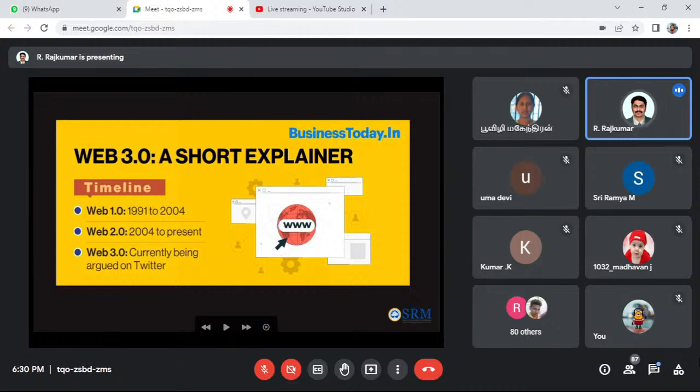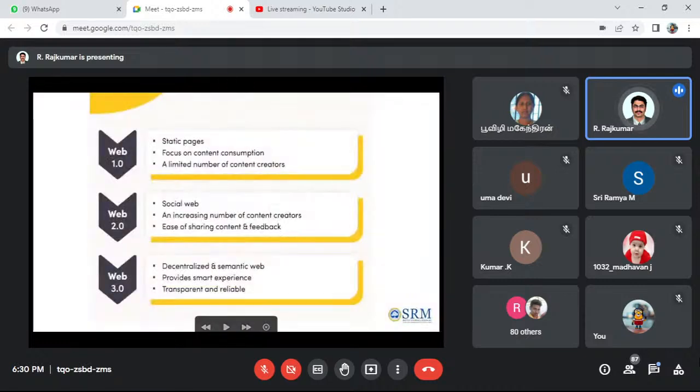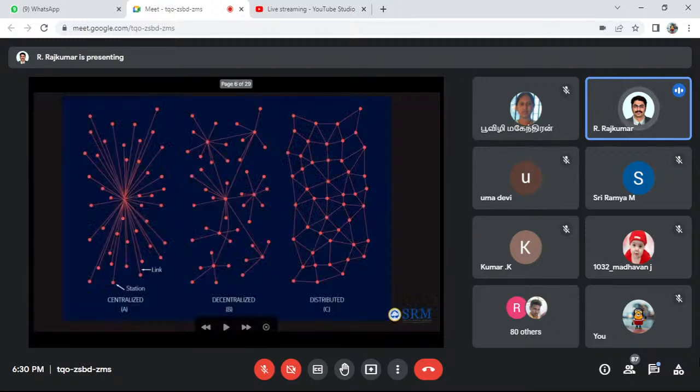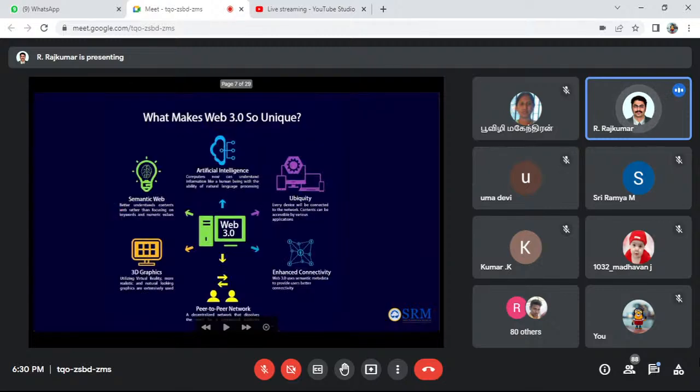Web 3.0 is currently argued about on Twitter because it is not completely understood or defined. Web 1.0 is static pages, and Web 2.0 is the social web, which we are using right now. Web 3.0 is a decentralized and semantic web that can provide a smart, transparent and reliable experience.